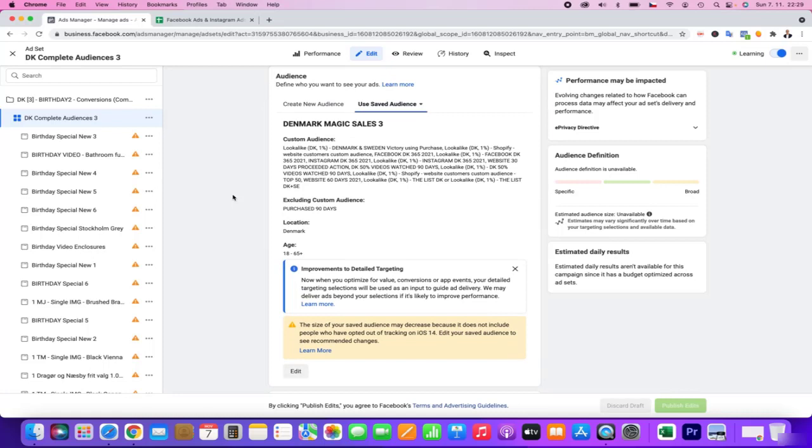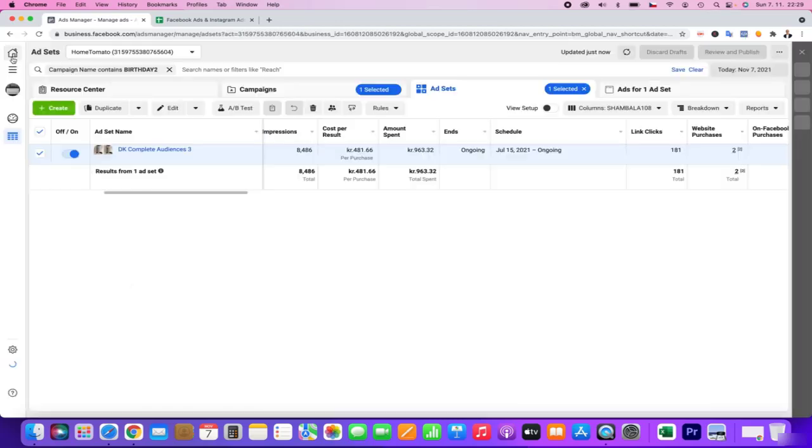And thanks to the correct setup, we of course have these improvements to detailed targeting. That's really important, because Facebook can use a lot of data thanks to the correct aggregated events setup.